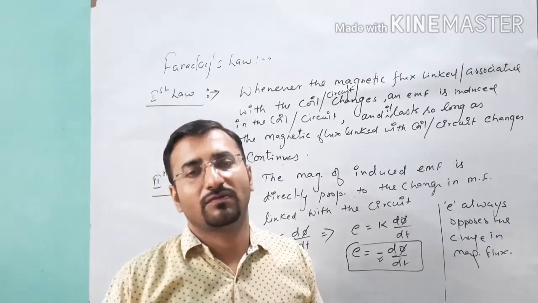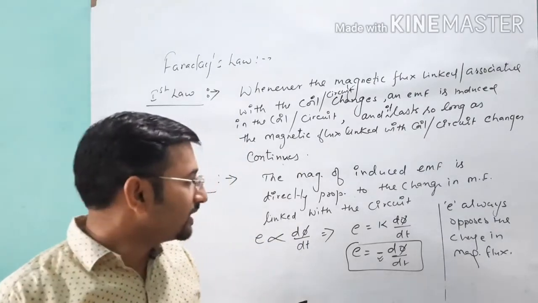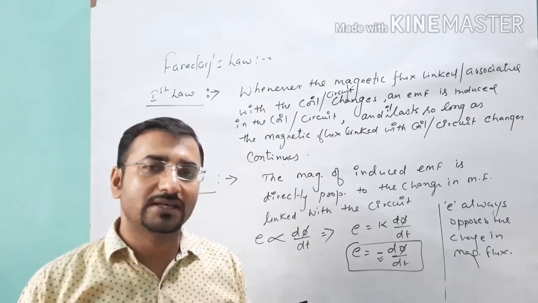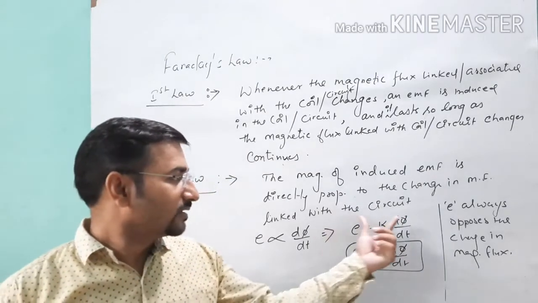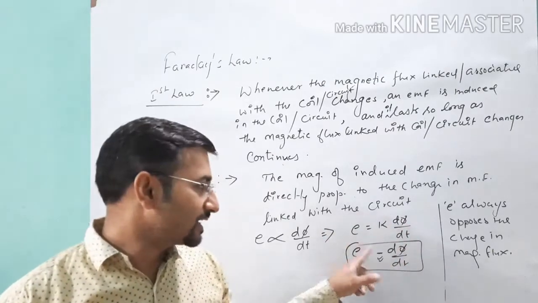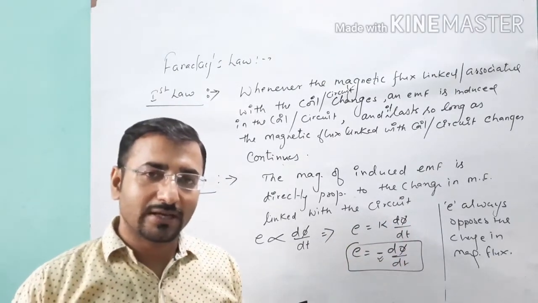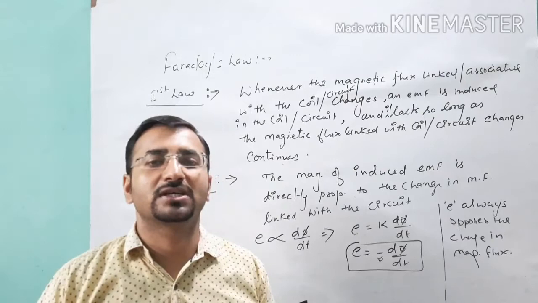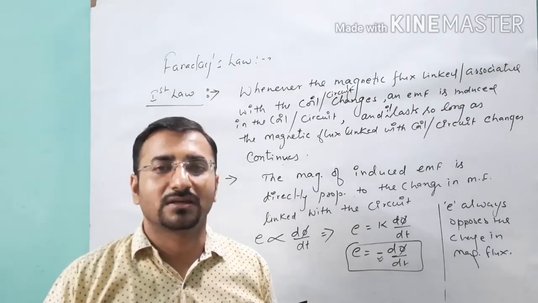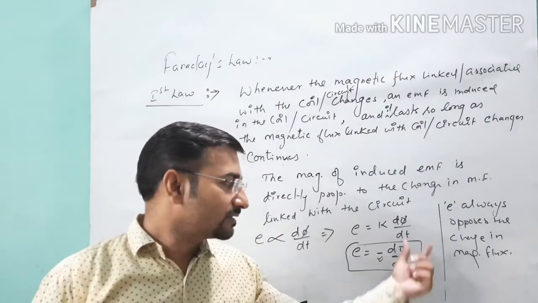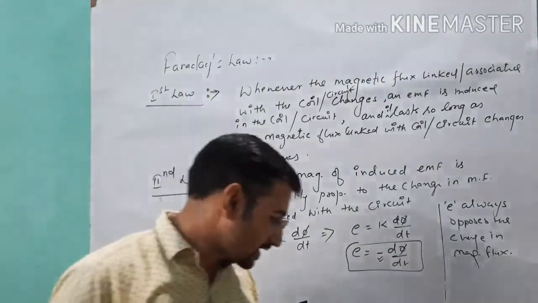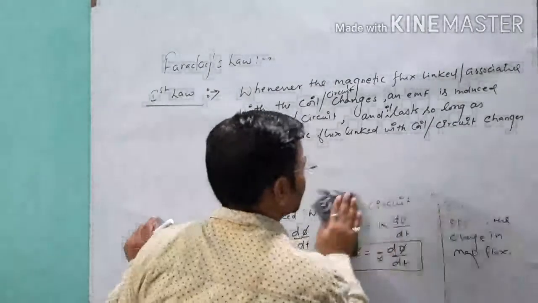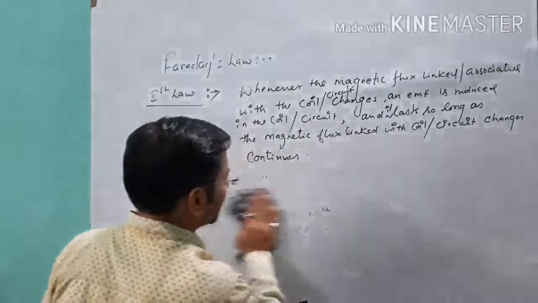How the polarity will form means that induced current or induced EMF, as I told you, always opposes the reason by which it arises. It means the change in magnetic flux, that's why this negative sign is here. On the same pattern, the induced current is the current which opposes the cause by which it arises. It means the reason here is the change in flux also. So when we think about the relative motion of a bar magnet and a coil, you know this point.